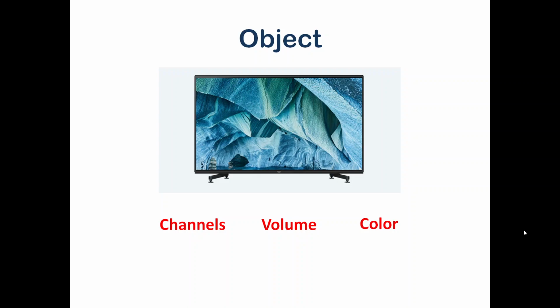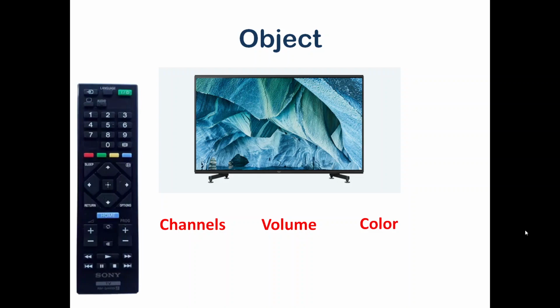Now the next big question is how can I manipulate this data, or how can I change the values of this data? In the past, the TV used to have buttons integrated within the TV set, through which we could operate it. But nowadays, to keep it very thin, there are no buttons available on the TV set. So how can I change the channels, change the volume, and adjust the color? The only option we have is the remote control.